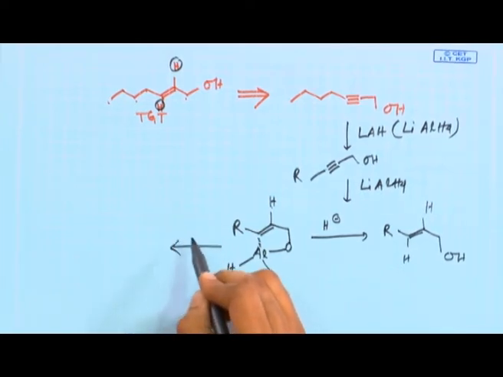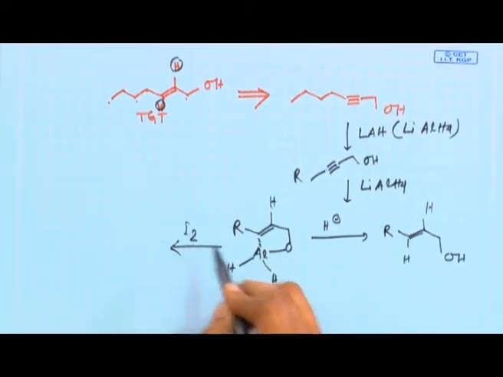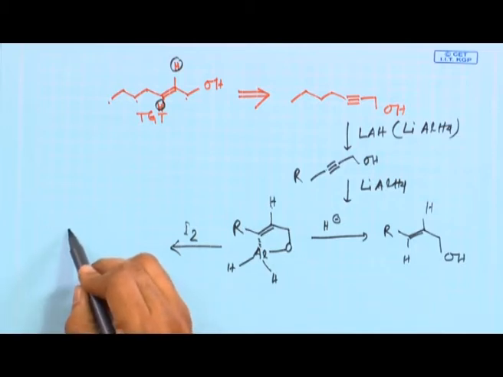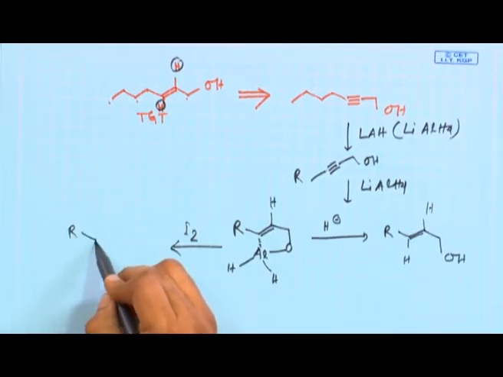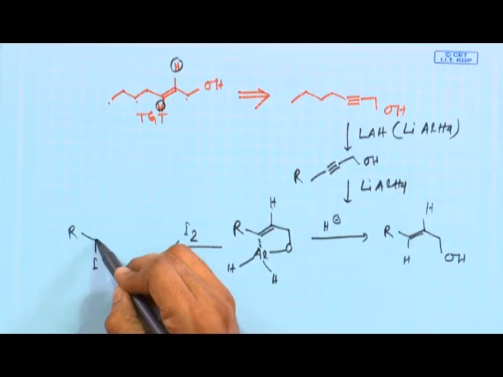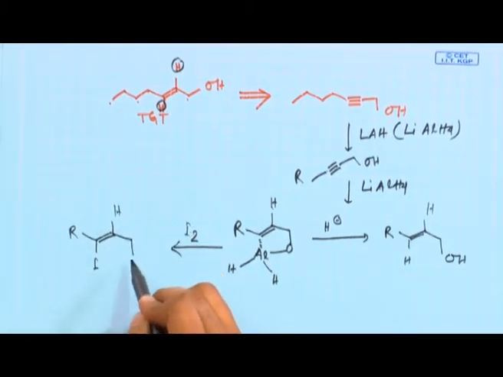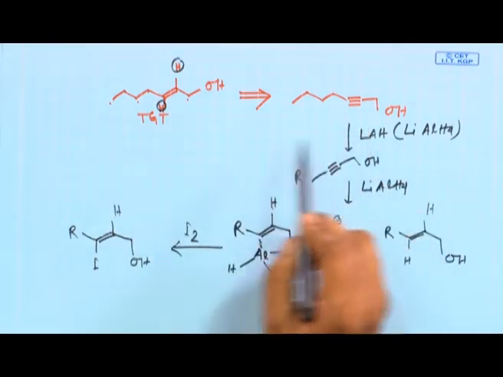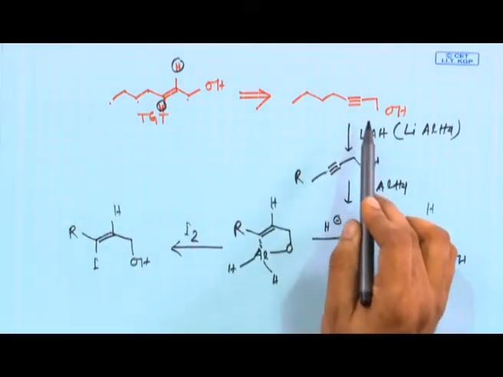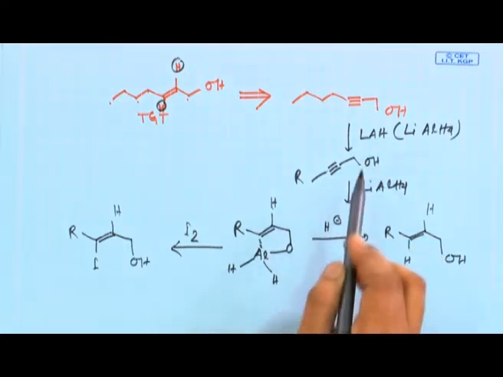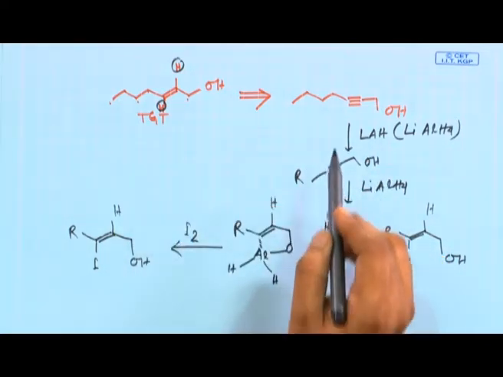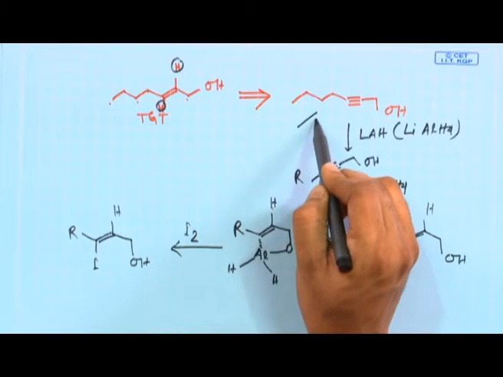Also you can treat this compound with iodine to make a carbon aluminum bond cleavage, and that will basically give you compounds something like this. This is also a very good source of getting vinylic iodo species. But eventually for our target molecule, you need this compound, do an LAH reduction and you will be getting this. Fine. Now, how to access this particular compound?